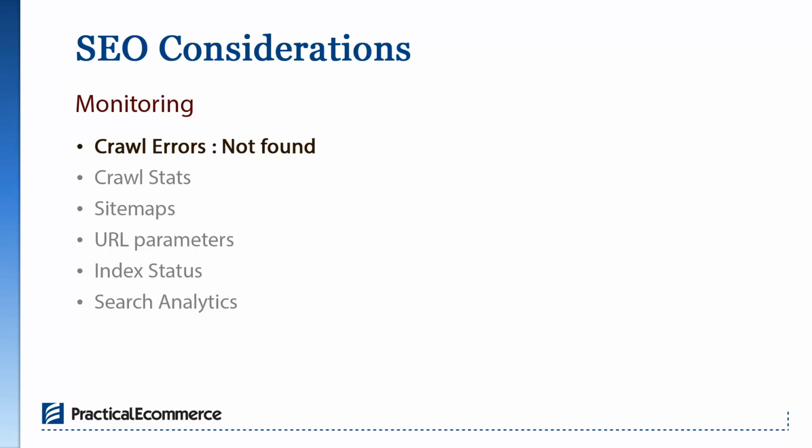Okay, and also you can track that in your access logs. So as you see on a daily basis, as this is being populated, pull down those pages that are not being mapped, that you identified as not being mapped at the last minute, and implement 301 redirects for those. And you're going to be doing that for at least the first week or two to make sure that everything is correct. In crawl stats, you're going to be looking for